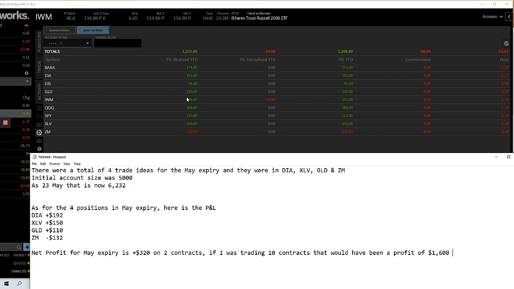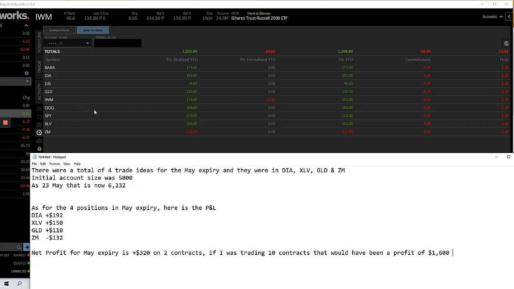GLD showing a profit of $230. I had a trade before the beta members joined. So in the month of May, my P&L on GLD was 110. So that is incorporated into that larger P&L of 230. IWM, I've got an open position in IWM. That's why I've got some unrealized profit. This is realized profit year to date. And ZM,